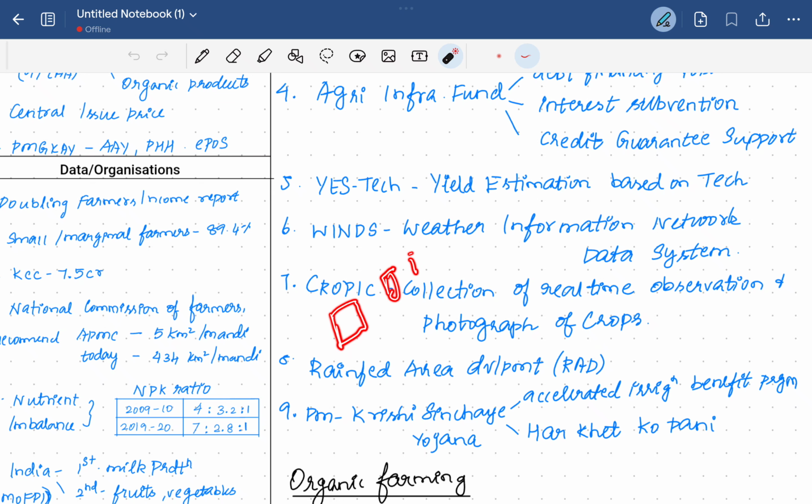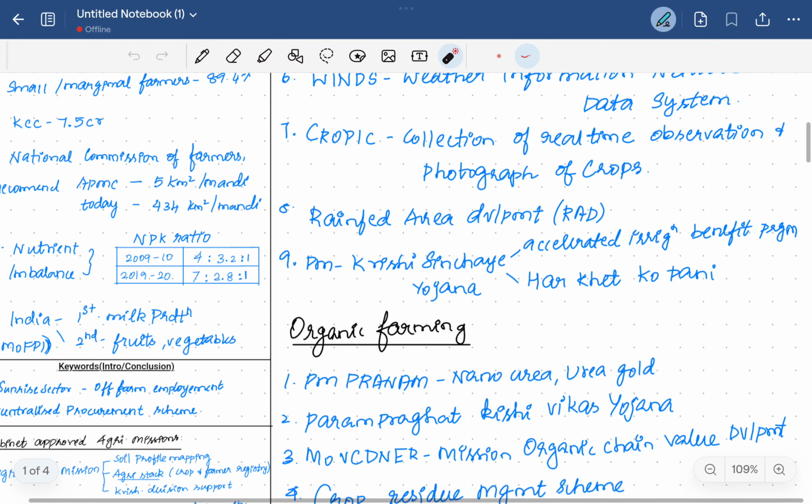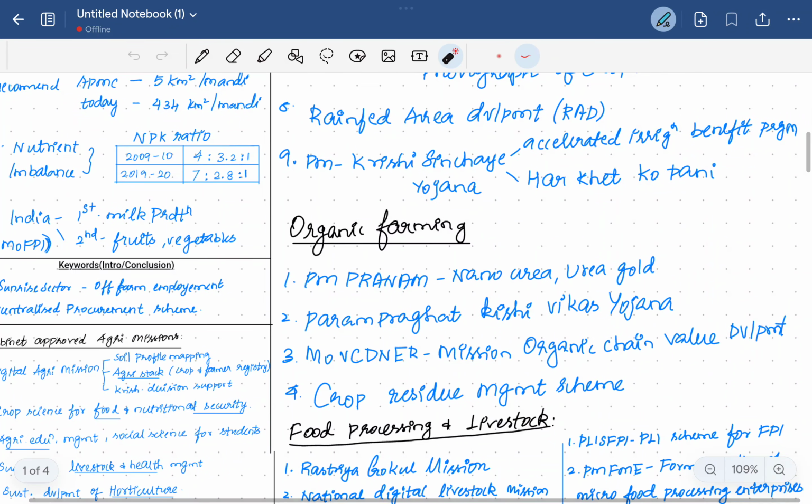There should be sufficient water for irrigation. Then some of the organic farming related schemes, or the PM Pranam scheme, that's nothing but the program for restoration, awareness generation, nutritious and amelioration of mother earth. See, PM Pranam is promoting organic farming